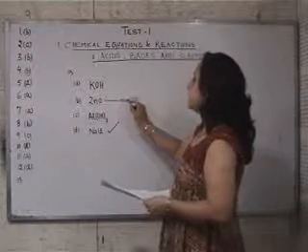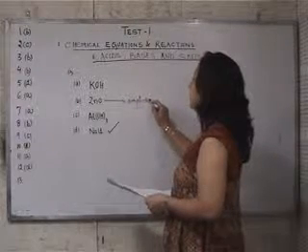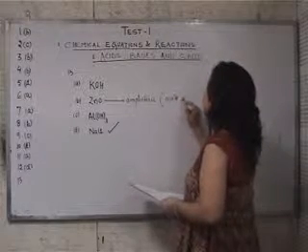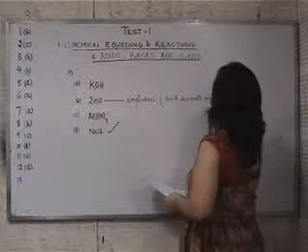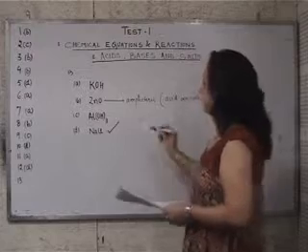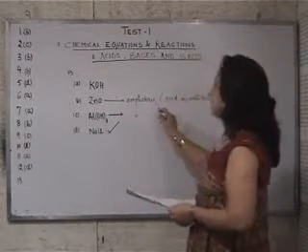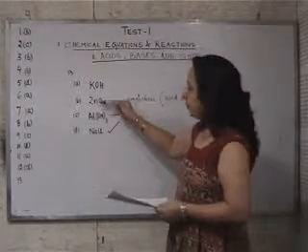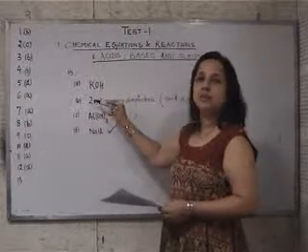Zinc oxide is amphoteric. Amphoteric means acid as well as base. It can act as both, as an acid as well as a base. Aluminium hydroxide is also amphoteric. In the same way it can act as acid as well as base. That means these two middle chemicals can react with both acidic medium as well as basic medium.